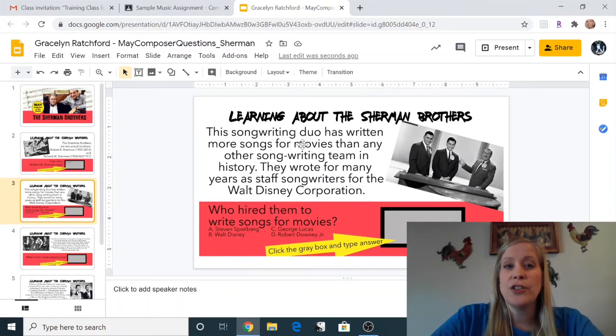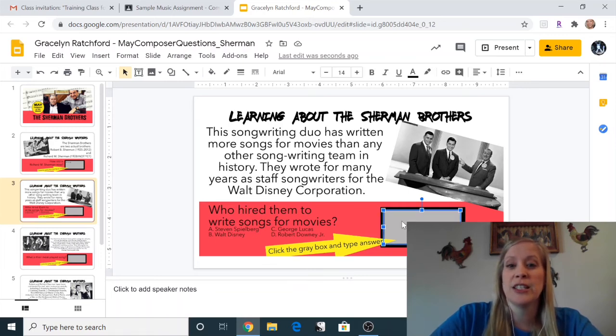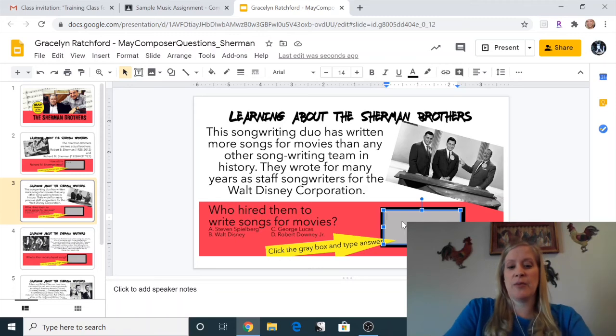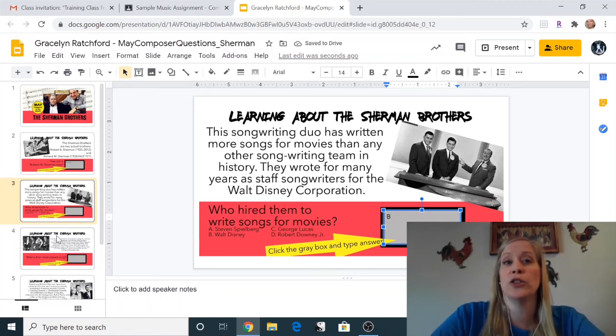And it says, this songwriting duo has written many more songs for movies than any other songwriting team in history. They wrote for many years as staff songwriters for the Walt Disney Corporation. Who hired them to write songs for movies? Was it Steven Spielberg, Walt Disney, George Lucas, or Robert Downey Jr.? Okay, this answer should be obvious, but we again click the gray box to create that blue box, double click the blue box, and we answer. It's B, Walt Disney. So I just have to write a B in there and go on to slide number